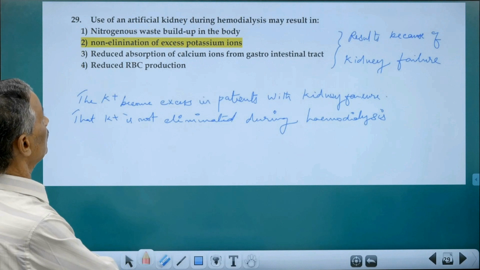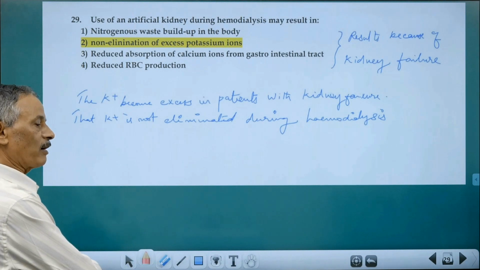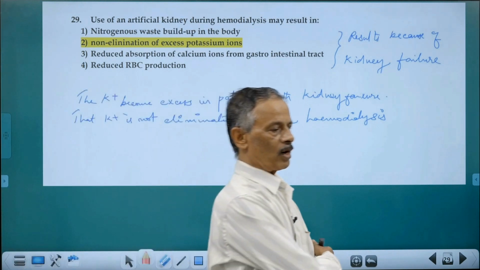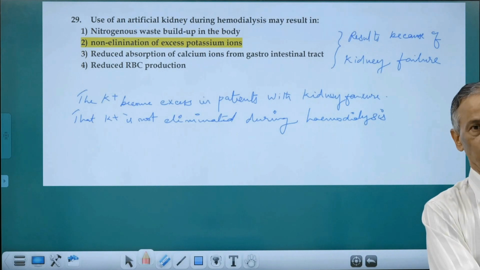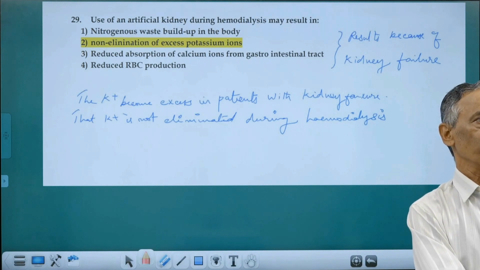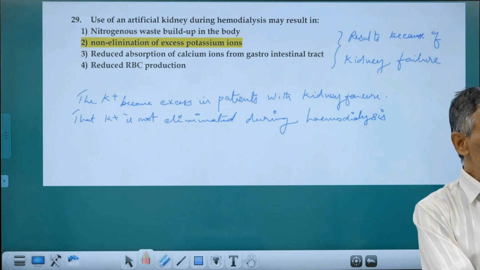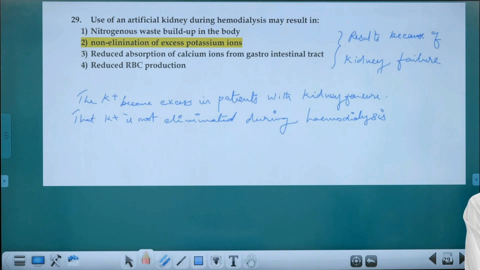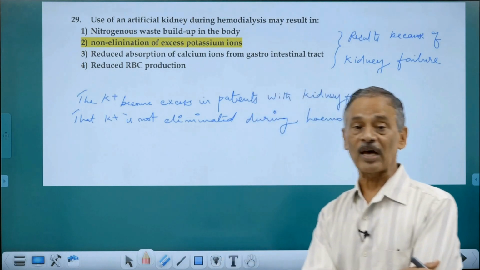and use of artificial kidney during hemodialysis. When both kidneys are damaged, you resort to hemodialysis. The blood is taken from the patient's body and given to the dialysing machine. After dialysis, the blood is given back. It is introduced into the body of the patient, and when it is done, only nitrogenous waste materials are